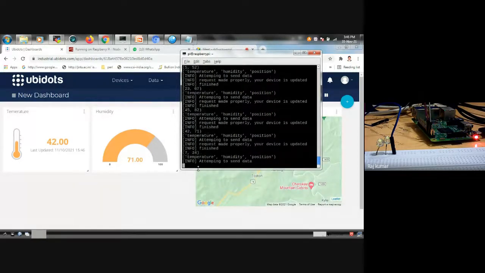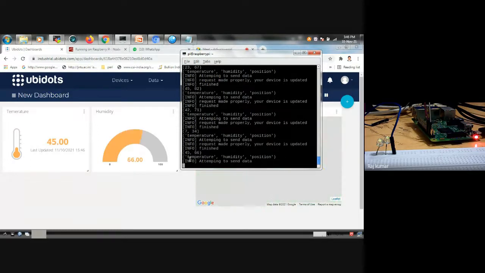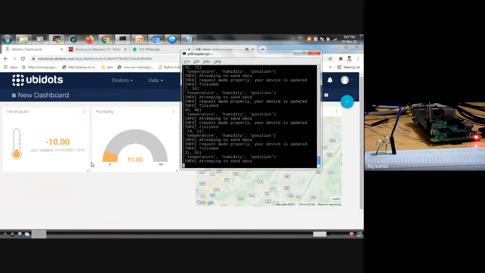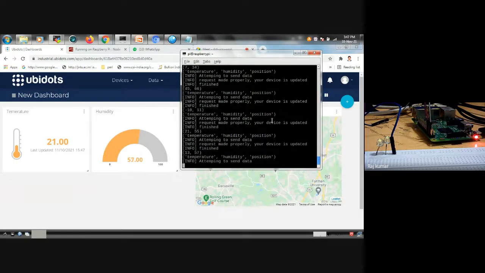The values in the braces, like 7 comma 34, 45 comma 66, are reflected in the widgets. You can see this one. And the location values also keep changing, and the map is displayed according to the coordinates.